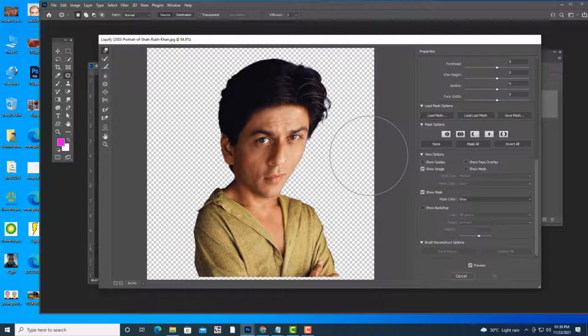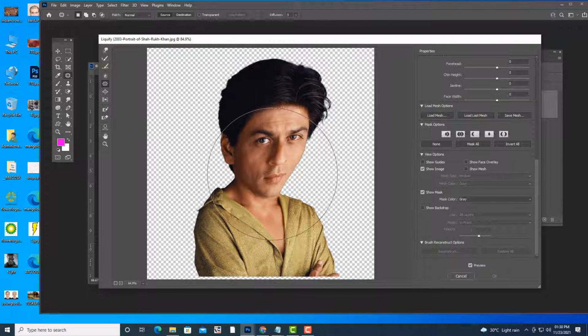So like this. This is the forward warp. The next option, see here, we have the pucker tool.